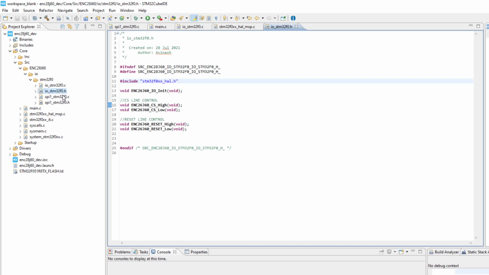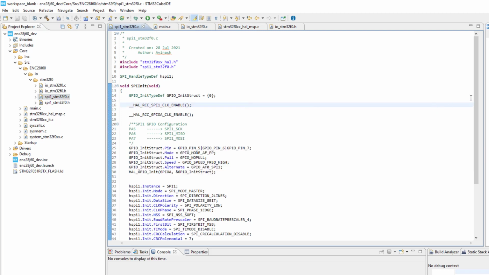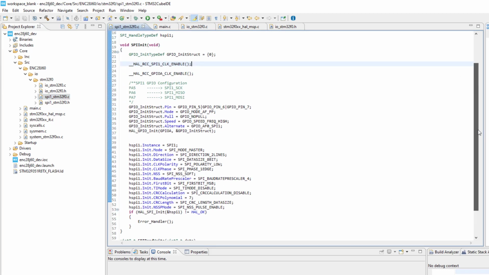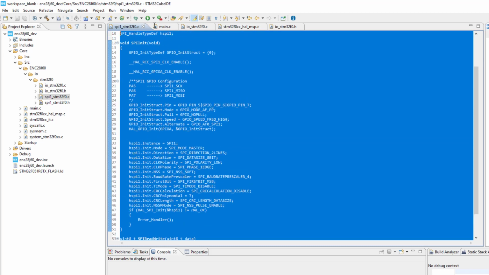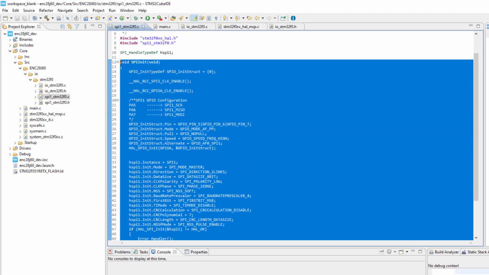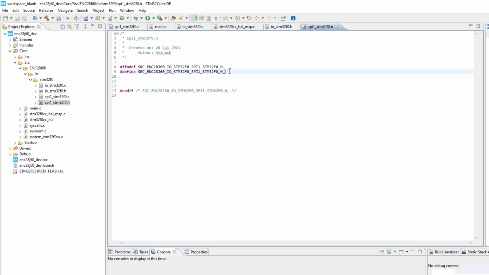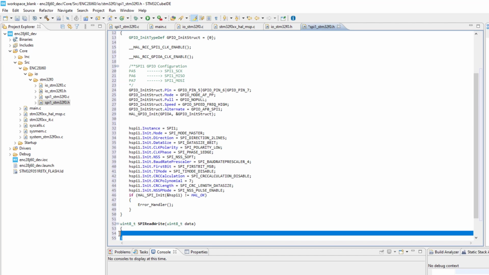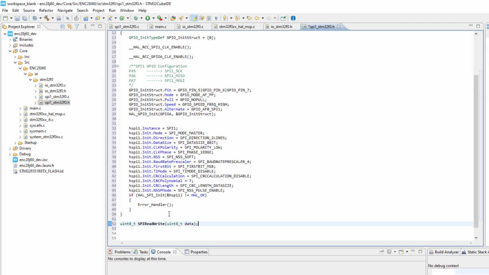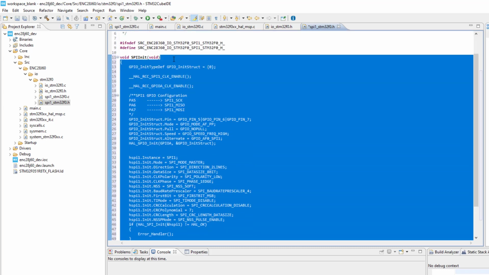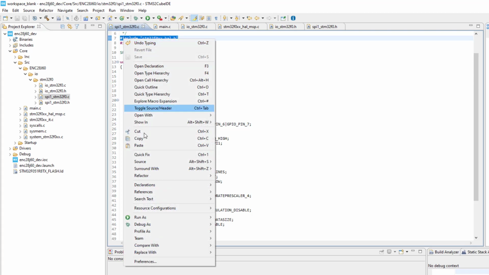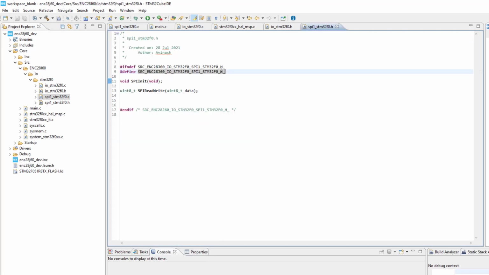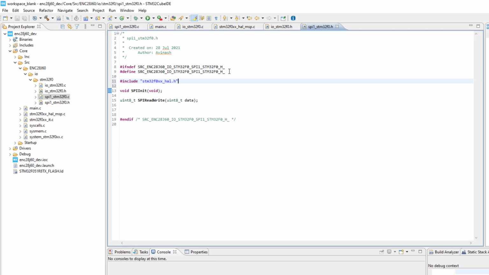Done. Similarly, we also have to make the prototypes for these SPI functions. Similarly, I will do here. Done.